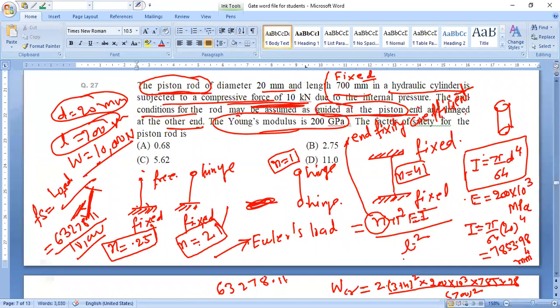63278.11। तो ठीक है, बिल्कुल मेरी भी यही आ रही है। ठीक है, तो फैक्टर ऑफ सेफ्टी डिवाइड बाय 10,000 6.32 ही आया है। ठीक है, सही है। तो 6.32 इज नॉट गिवन इन दिस क्वेश्चन। तो अप्रोक्सीमेट आंसर दीजिए। तो अप्रोक्सीमेट आंसर इज 5.62।